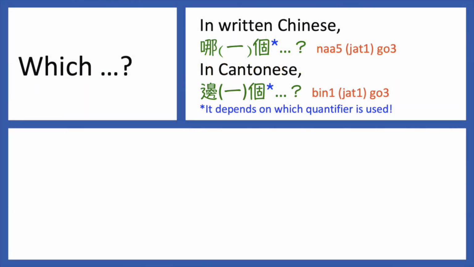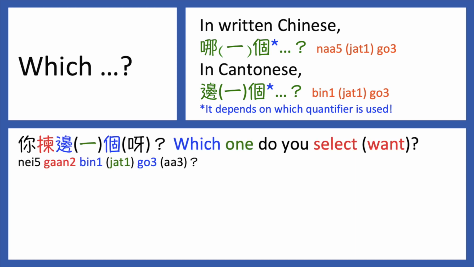Which. In written Chinese, we say 哪一個？ In Cantonese, we say 邊一個？ For example, 你揀邊一個啊？ The situation is there are at least two options, and someone asks you which one you want